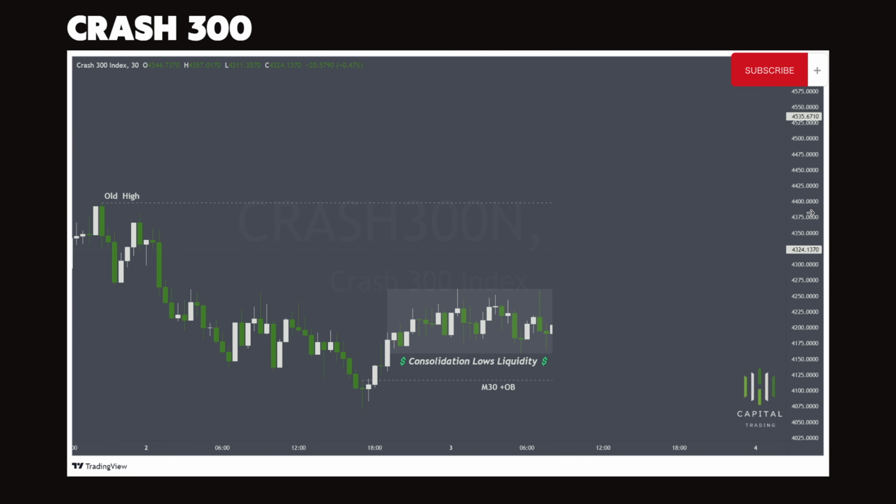Let's look at the first chart, which is the Crash 300. We're going to look at 3 examples, and we are going to identify liquidity on the downside. This is the first, on the 30 minutes chart. So what price did here was